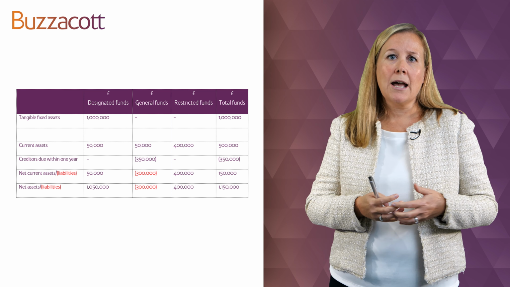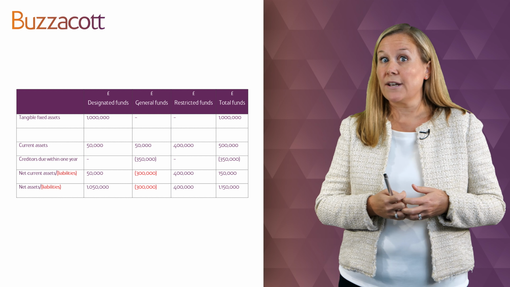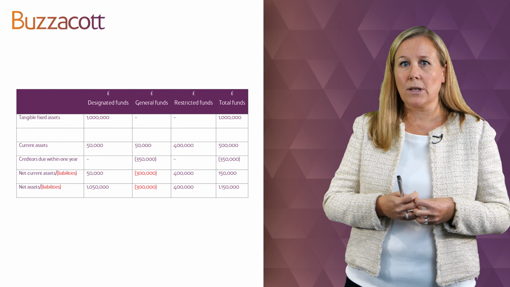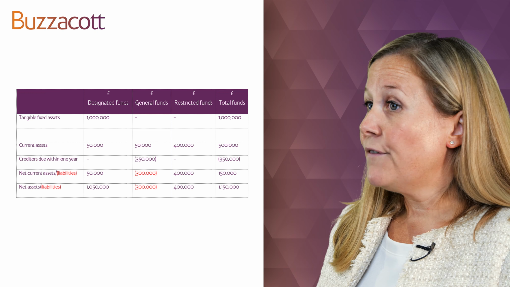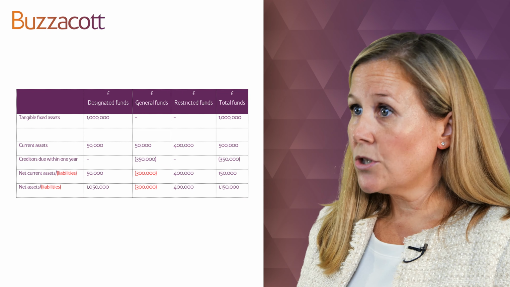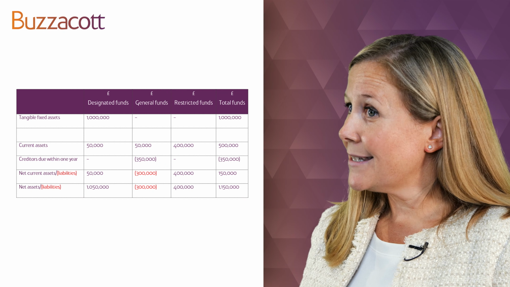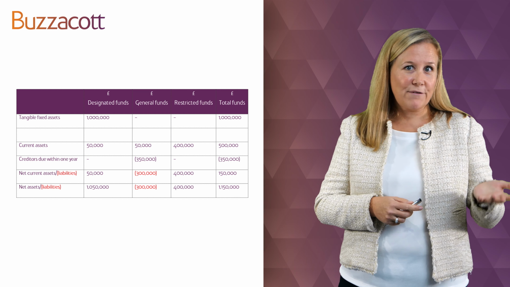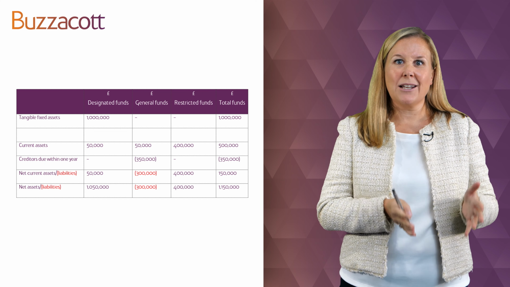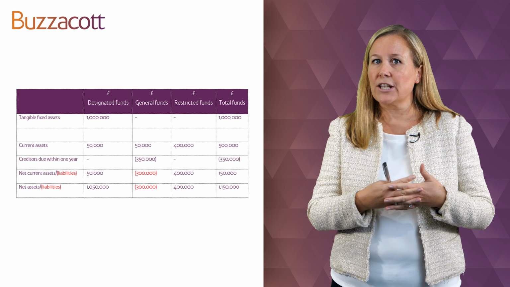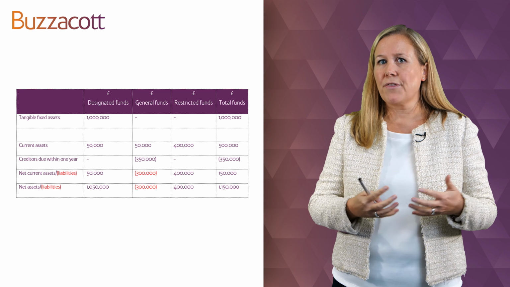So in a similar way that you see the format of the statement of financial activities you might be more familiar with, if you split the assets and the liabilities of the organisation across the different funds that those assets and liabilities belong to, as we've done here, then you quite often see a bit of a different picture. So again, fixed assets, these would normally be treated as a designated fund. So as we said earlier, set to one side because you can't really use them. You need them to run the organisation.